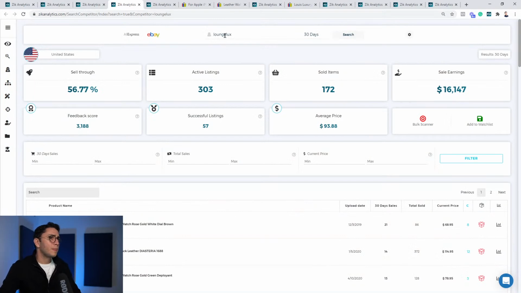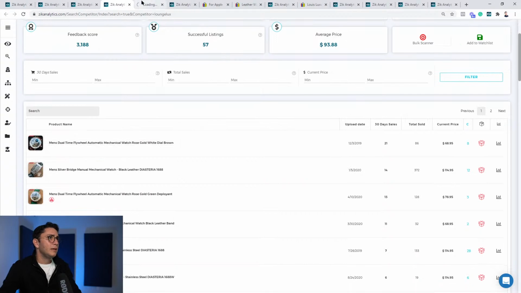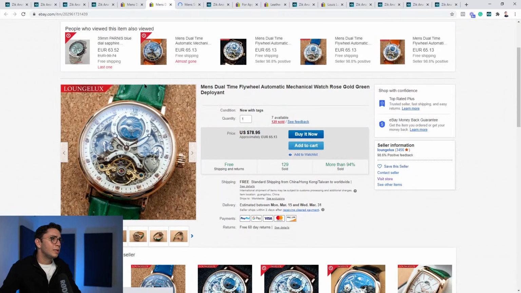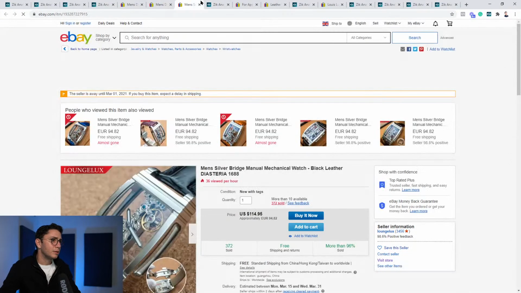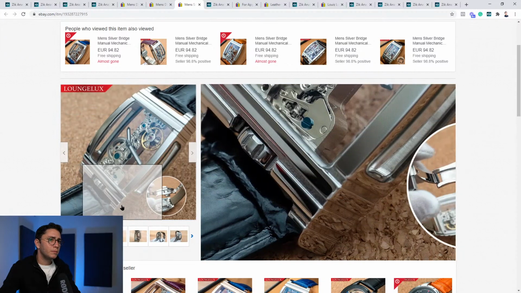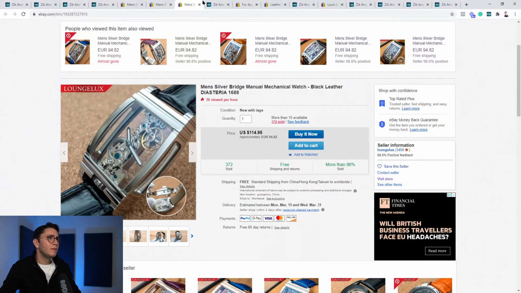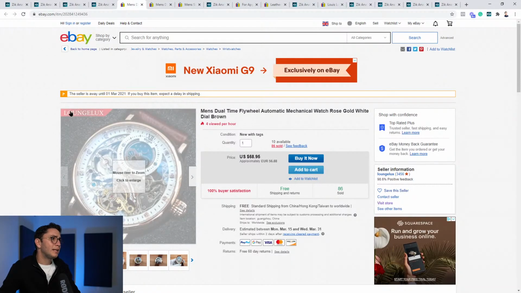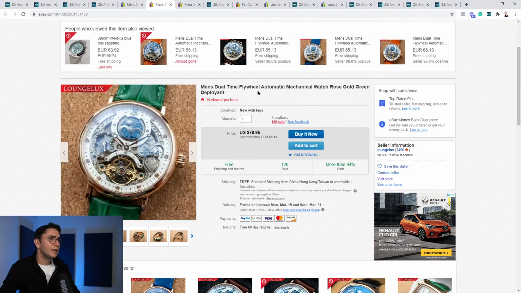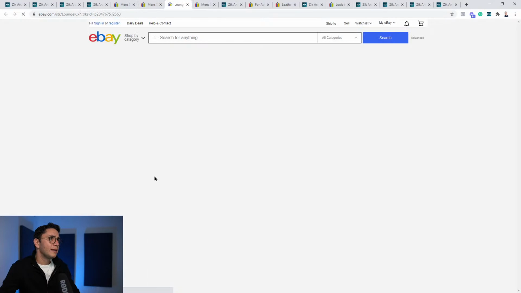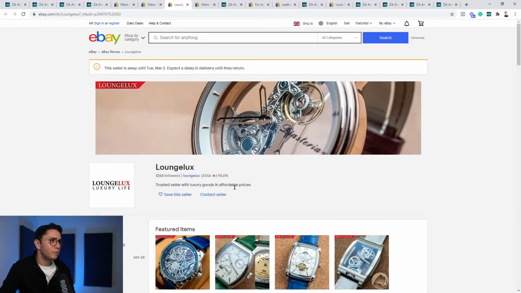Lounge Looks has 303 active listings, $16,000 in sales. He built a brand. He even gets his product with the same picture, as you can see here. It's pictured on it. So he even managed to make unique pictures with the same background for all his listings. He has his brand name up on the top, okay? He made a branded store, and his store is branded very beautifully.